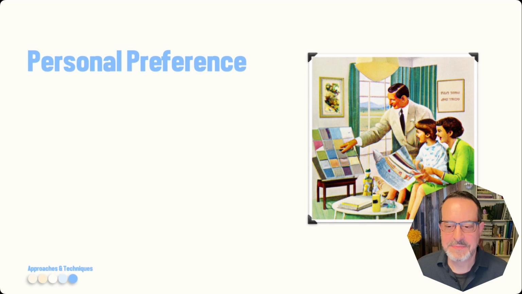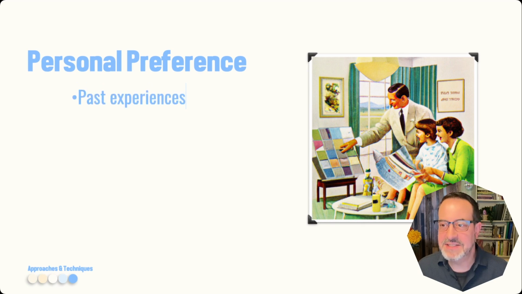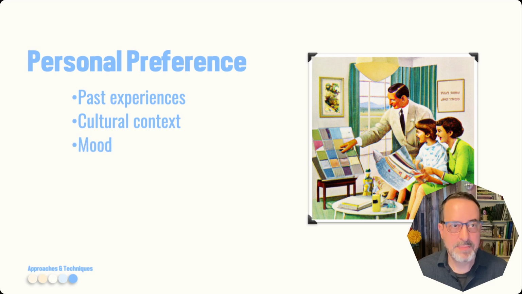Personal preference. We as humans have various biases and feelings and opinions. It might come from past experience. It might come from the culture that we have been raised in. It also might depend on our mood, how we feel that particular day. It's really also situational, where we are at the time or when we see a particular color in a particular